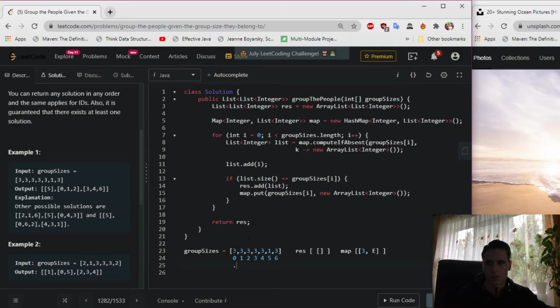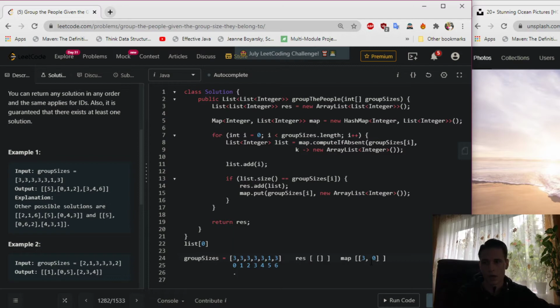let's say we got the list as well, just an empty list, and then we add I, which is 0, and also we add the value. As I said, we got the reference, so we just add the value, which is 0, right here into that map as the value,